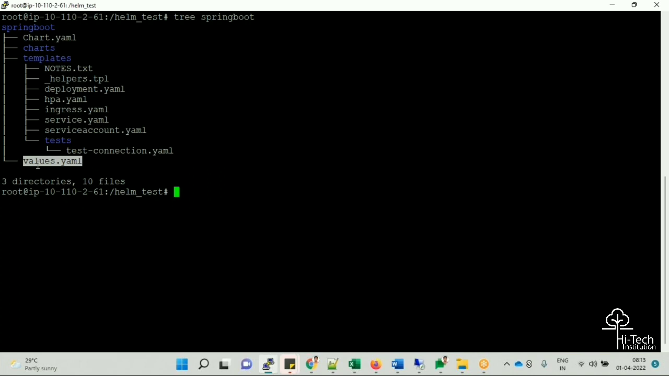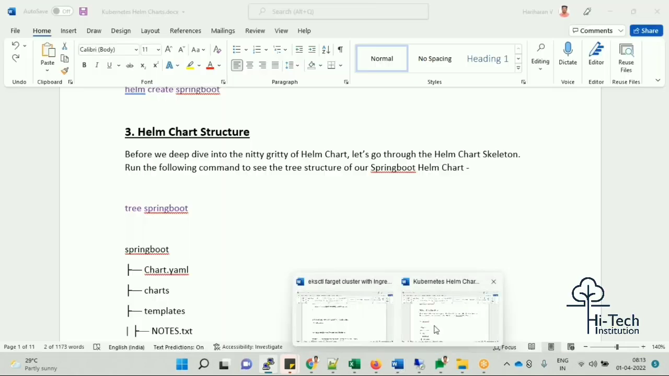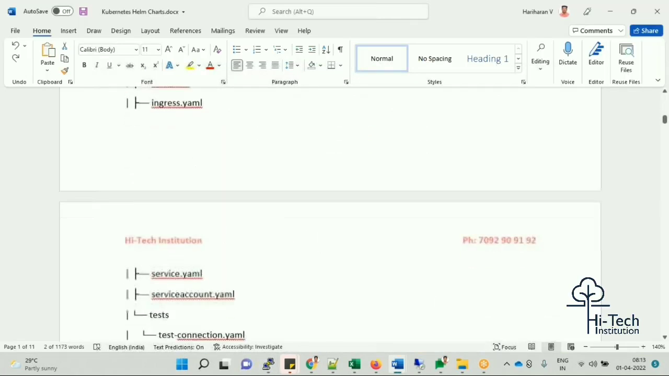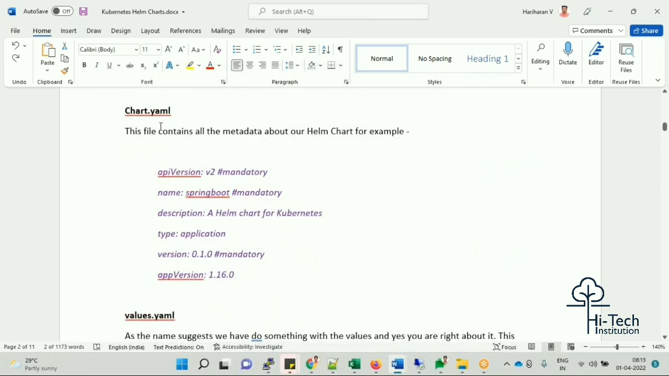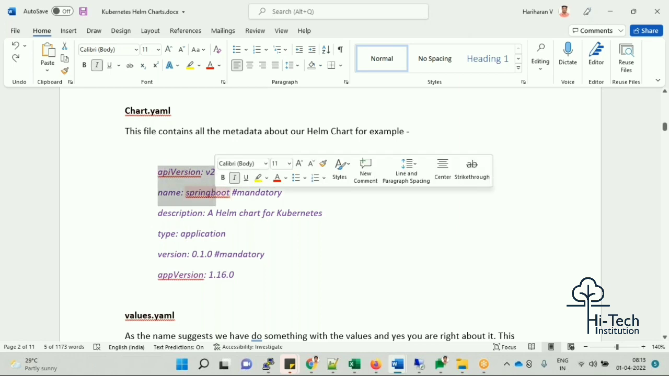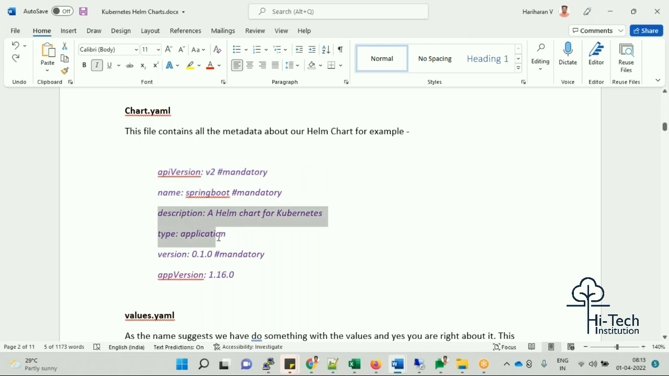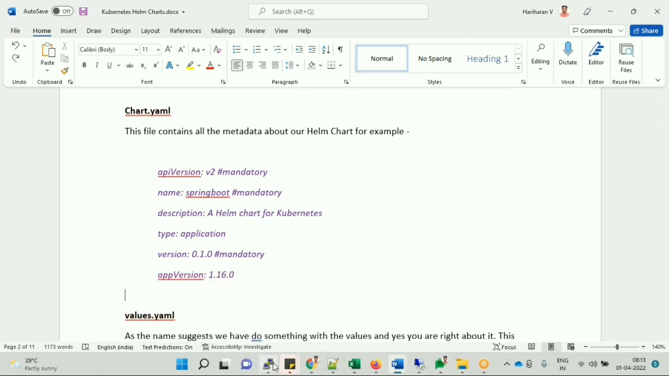So this is how it works, and we'll see each and every file. The Chart.yaml will have metadata about our activity. See, I'll show you in the document itself; I have clearly mentioned it. First one is Chart.yaml. This file contains the metadata about our Helm chart. For example, it will have an API version, a name, a description, type, version, and application version. So these are taken by default. So if you give cat,